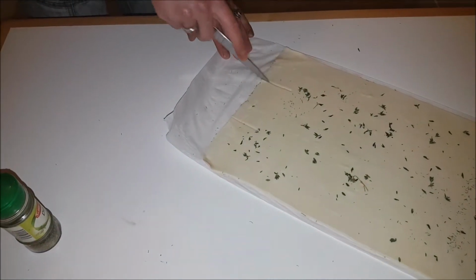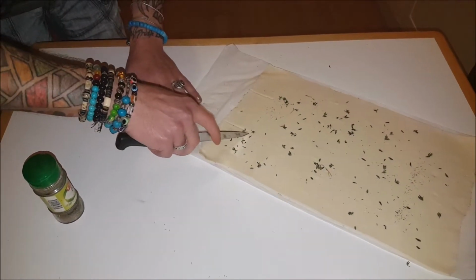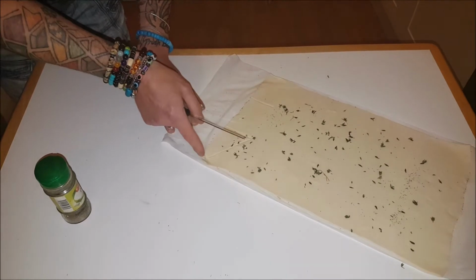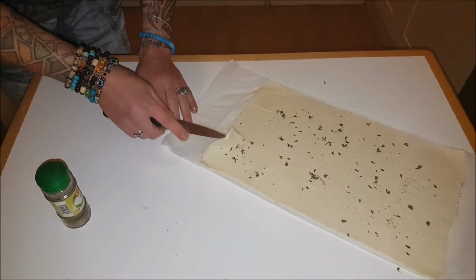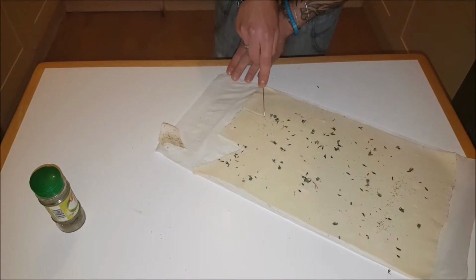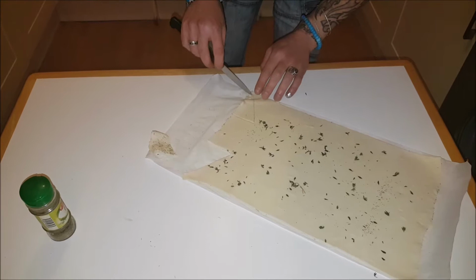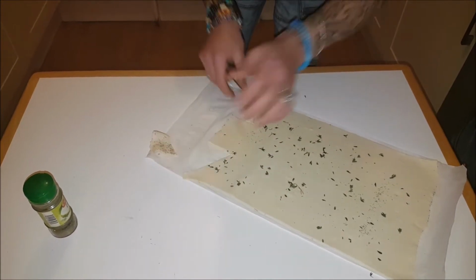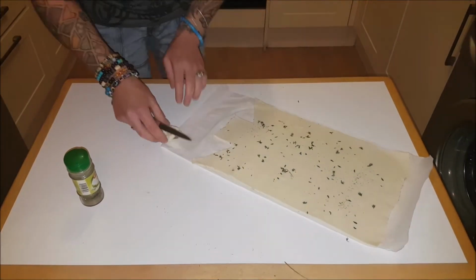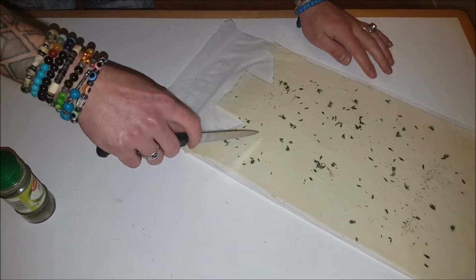I'll just cut them a little bit higher. And then we get our first diagonal ribbon. There. And there. Come on, pastry, off you come. Like that. And then you just repeat that cut pattern